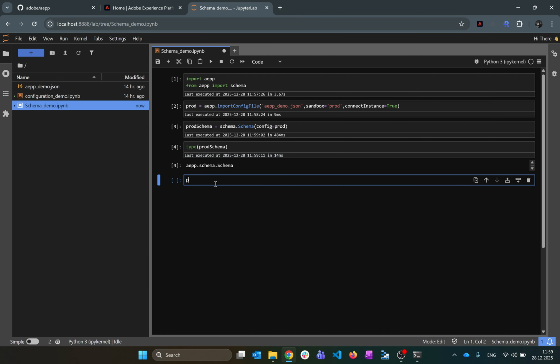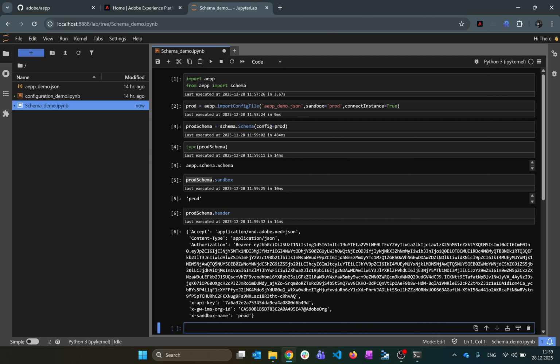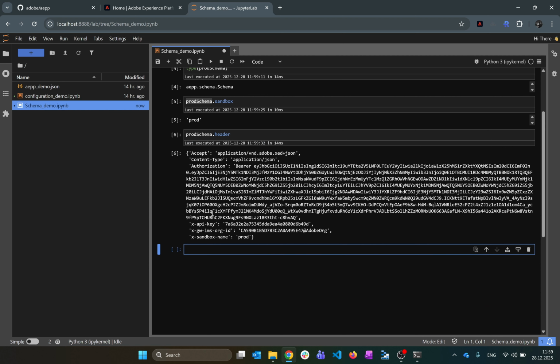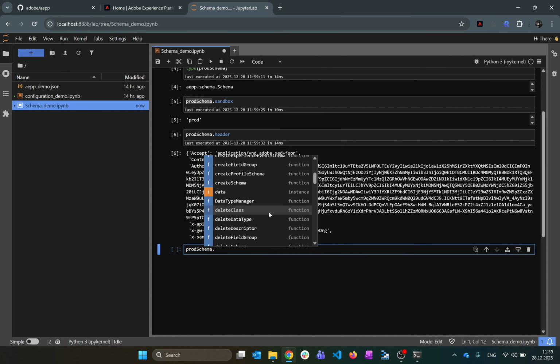I can make sure that I am on the correct sandbox, prod. I can also look at the header that has been generated for me. In case you want to use Postman or any of those tools, you can actually use that element directly. And you can have access to all of the schema methods by doing the dot notation and tab. And you can see all of these elements